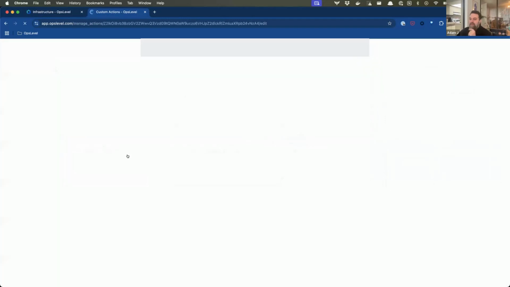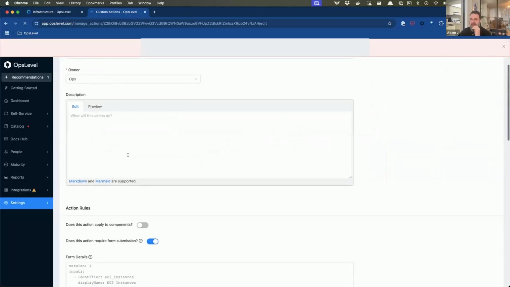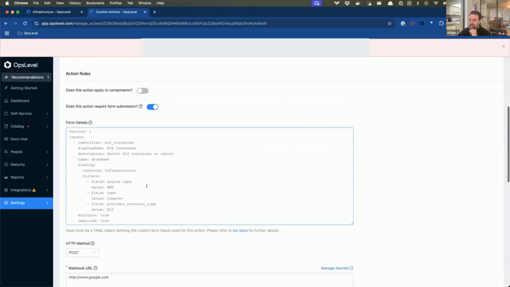Basically, while this is loading, we've added a 5th resource to the bound resource types that populate the dropdown. That resource name is infrastructure. And for infrastructure and only infrastructure right now, inside the binding, there's also this filter section. That is an array of filters, and it behaves not unlike the way we filter everywhere else. There's no and or yet. This is just a flat list, and it's just equality, but you can filter by source type and by type